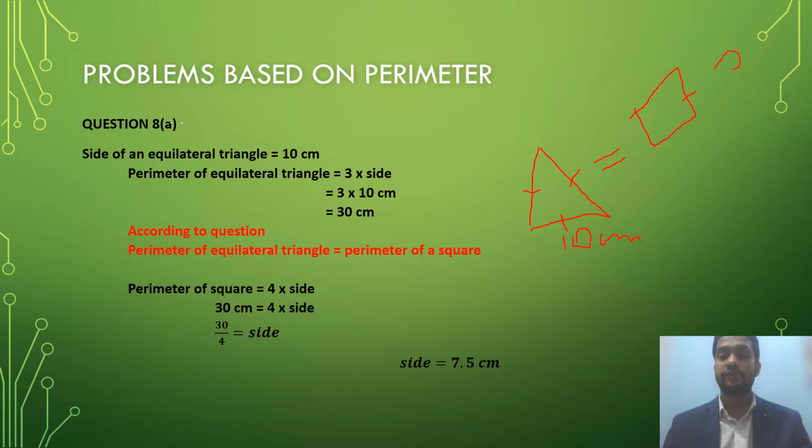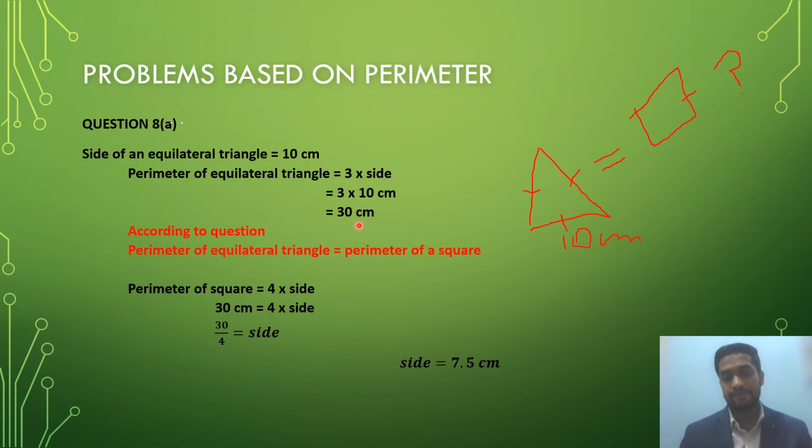So first what we will do, first we will find the perimeter of the equilateral triangle, because according to the question the perimeter of the equilateral triangle is equal to the perimeter of a square. As you know, the perimeter of an equilateral triangle is 3 into side. The side is given as 10 centimeter. Put the value in the formula: 3 into 10,